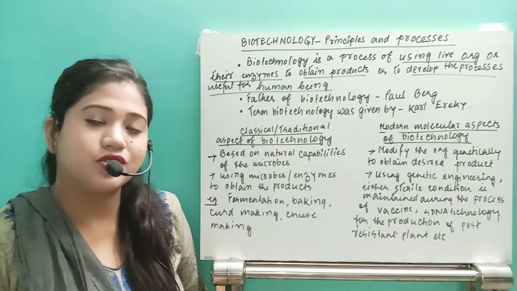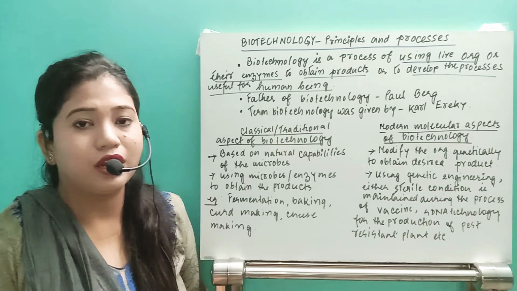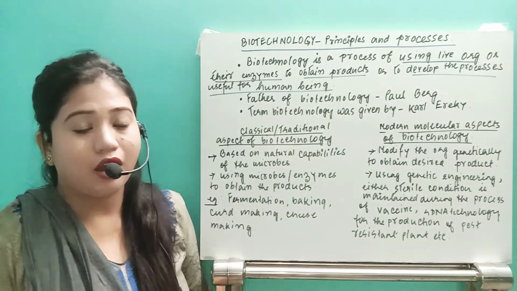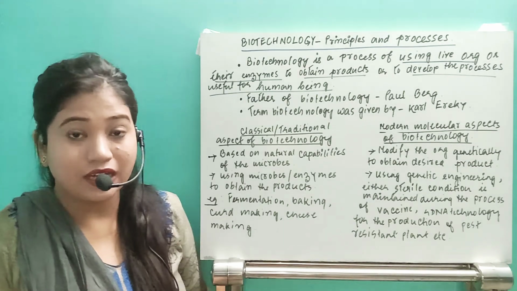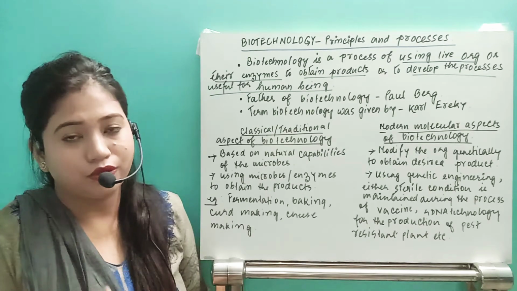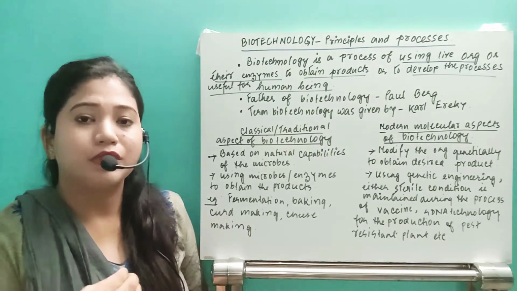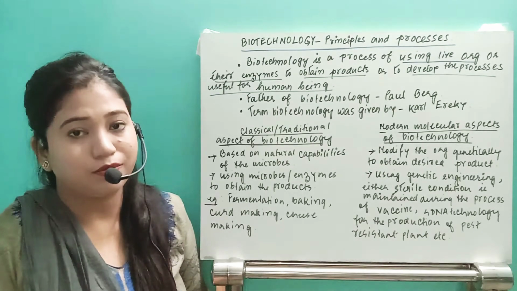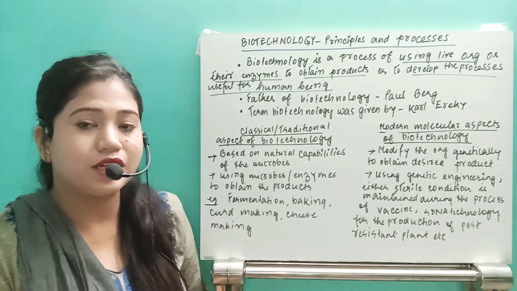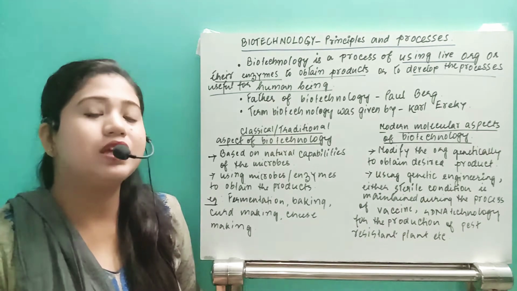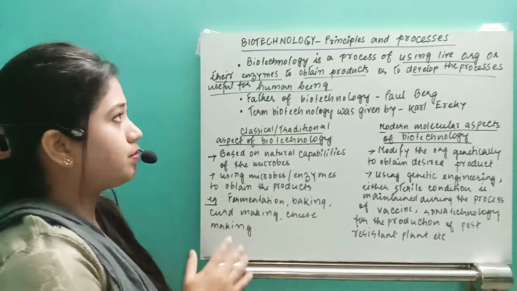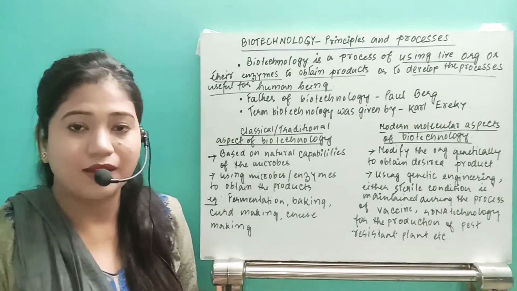And in the application chapter, we are going to see only the products, how actually all those products work or how we can get those products. So in this application chapter, we will see only the different organisms where gene manipulation is done. And in the principle and process, we are going to see the whole technology, how actually gene manipulation is done. So we are moving to the chapter biotechnology, principle and processes.